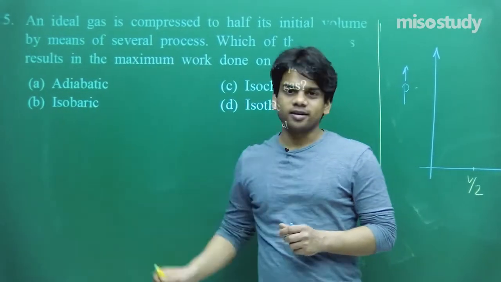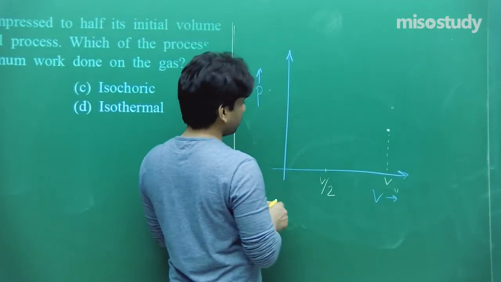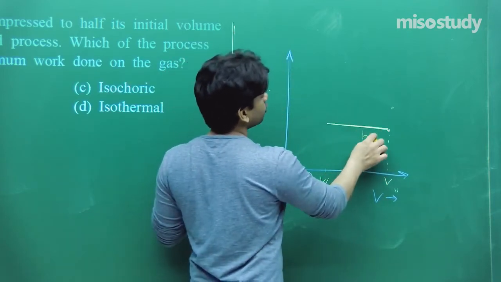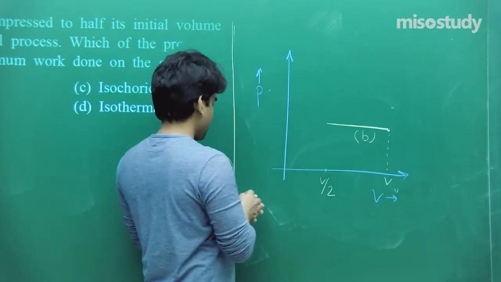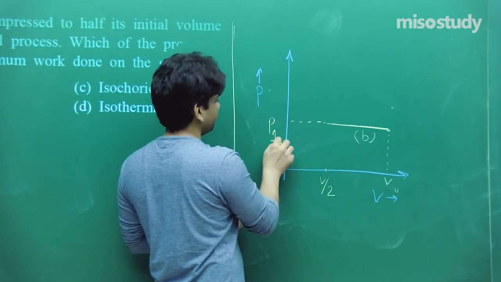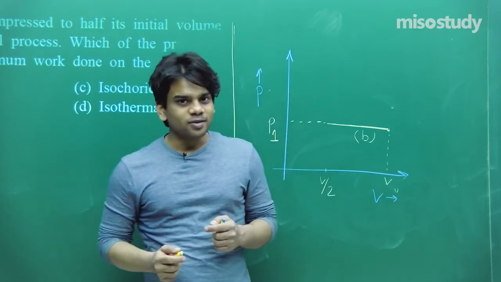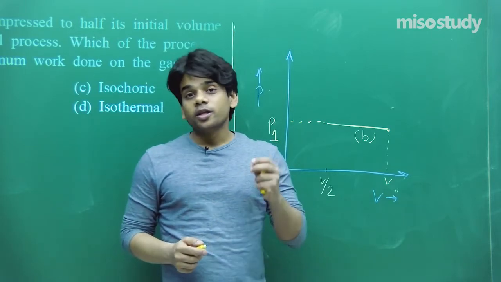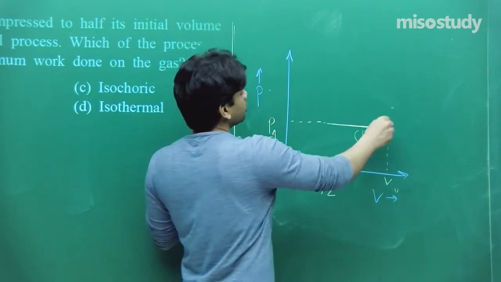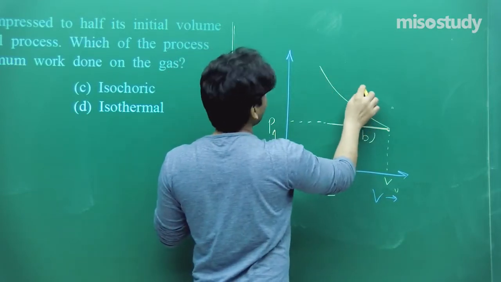First I am drawing isobaric, because in the isobaric process the pressure will remain constant. So for the isobaric process, the curve will be somewhat like this. This is curve B for the isobaric process, and let's say the pressure at this end is P1. Now between isothermal and adiabatic, how to draw? The PV curve of the adiabatic process has the maximum slope, so this will be the curve for A, the adiabatic.